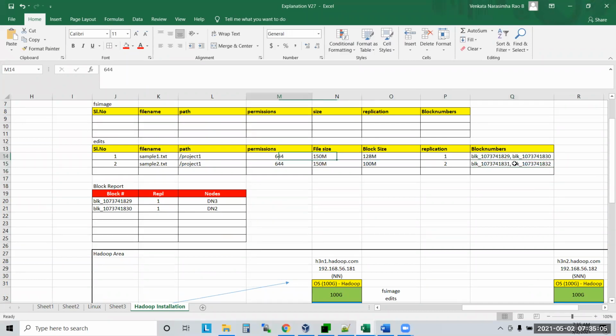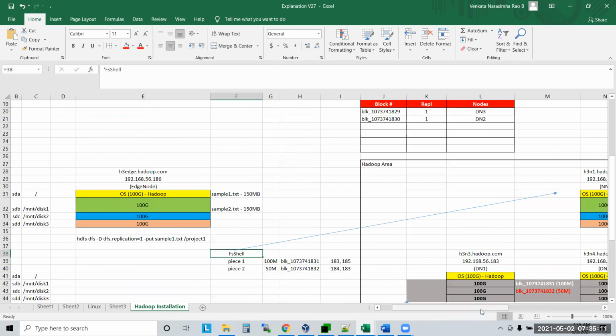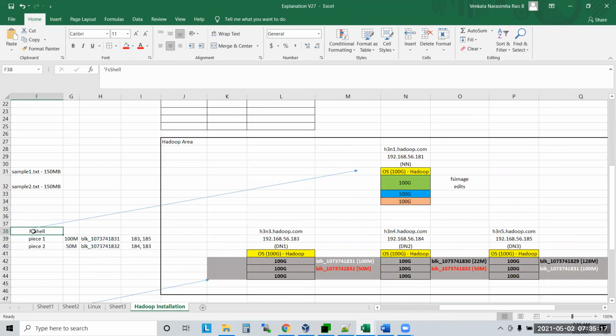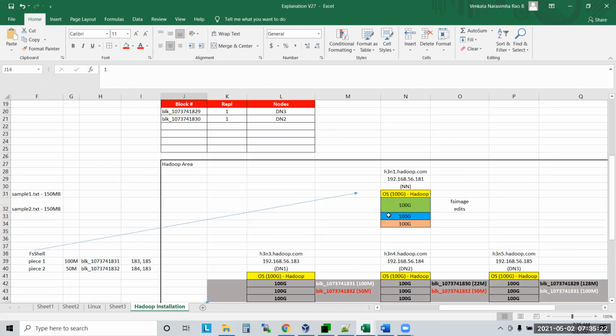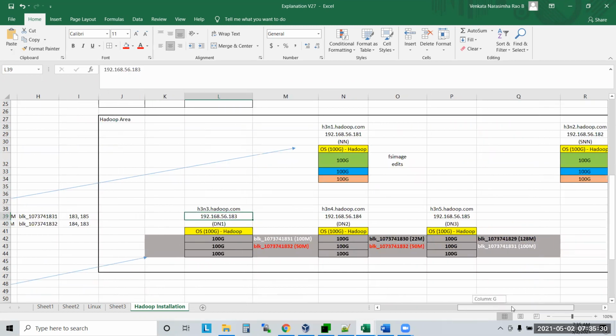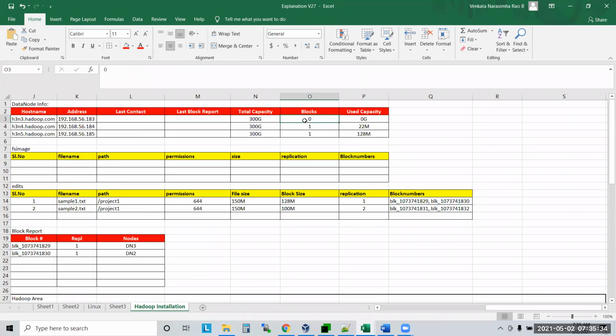So this is updated. Now name node will tell FSL, I updated the metadata, please go ahead and terminate. So now this is done. What next? New blocks entered into this data node, new blocks entered into this data node, new blocks entered here. Correct or not? Now 183 will send a report to the name node saying I have 2 blocks extra.